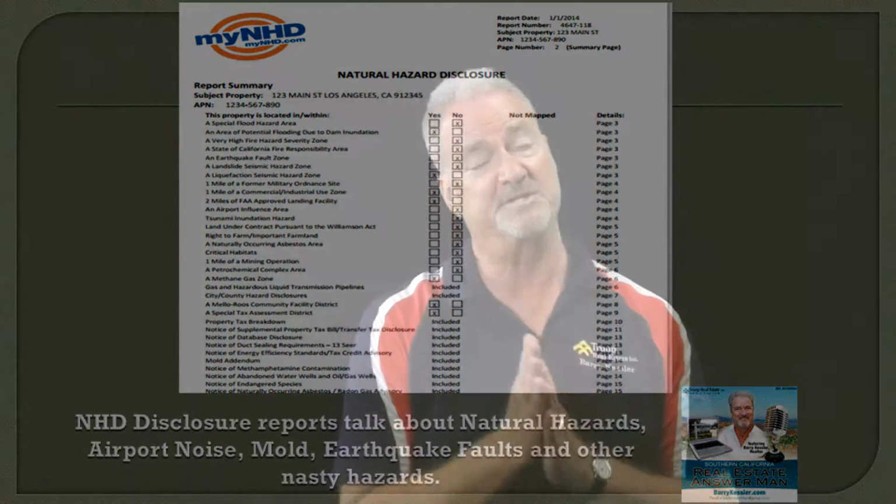So that's going to cost you around $100, right? $95 to $100. Now let's talk about county transfer taxes. On a $500,000 house in Ventura County, and actually in LA County too, it's about $550 for those